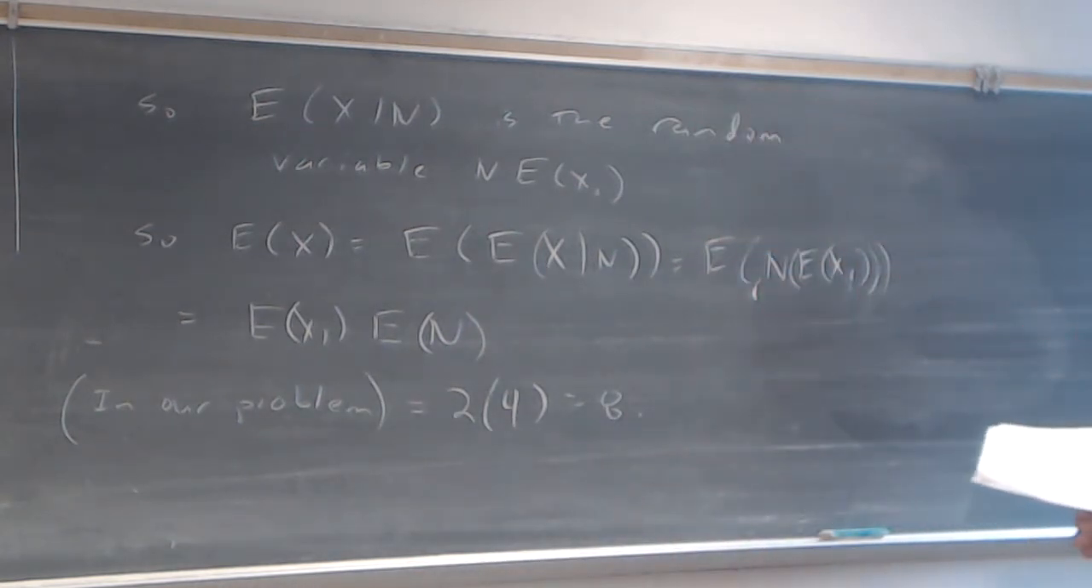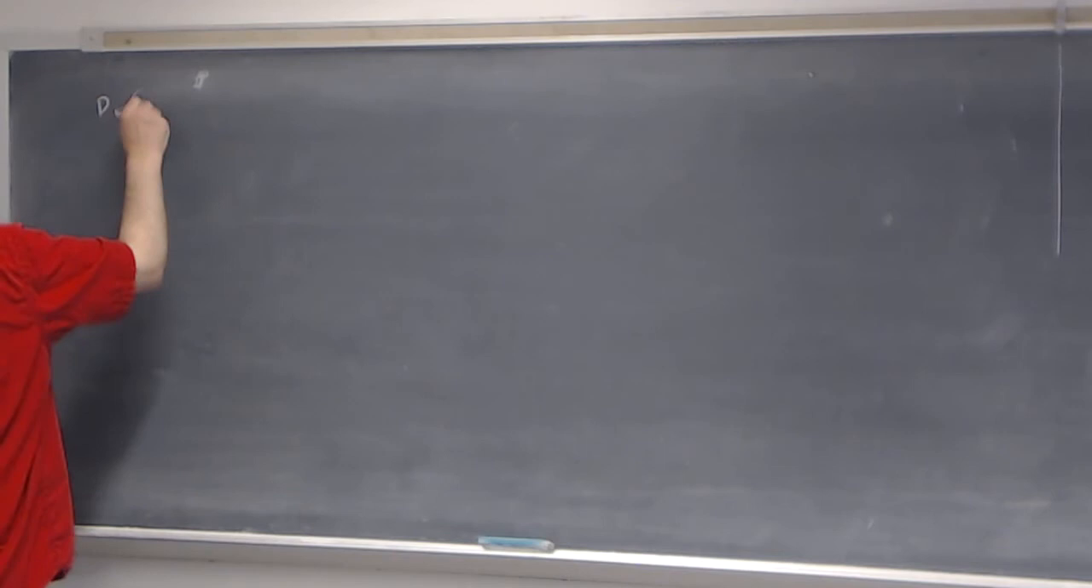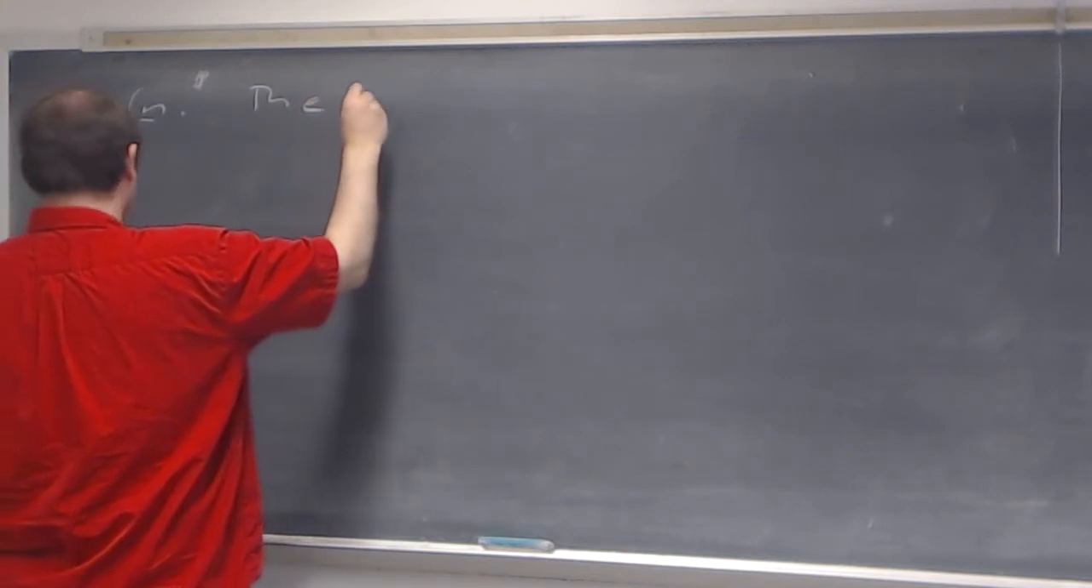Well, this type of random variable that we just saw in this example is worth noting. It's called a compound random variable. And let me put up its definition. So as a definition, the random variable